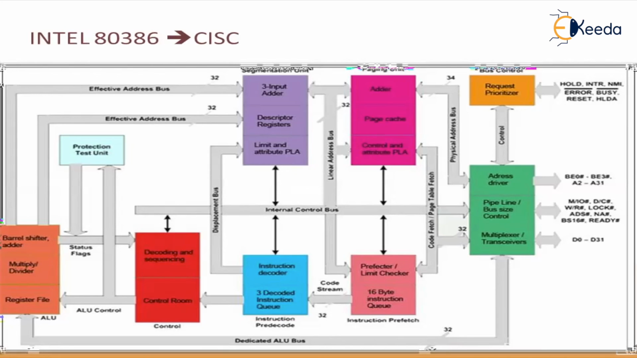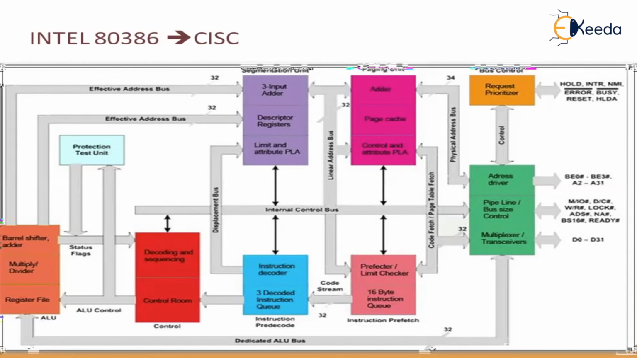You have a request prioritizer. It will hold the request, it will execute the request, it will give the error if there is some error in the request, and this button is also responsible because it will give the error and it is also required to reset. So the request that you give is controlled with the help of the different address drivers, pipeline, bus control system, and multiplexer. All of these are connected to the